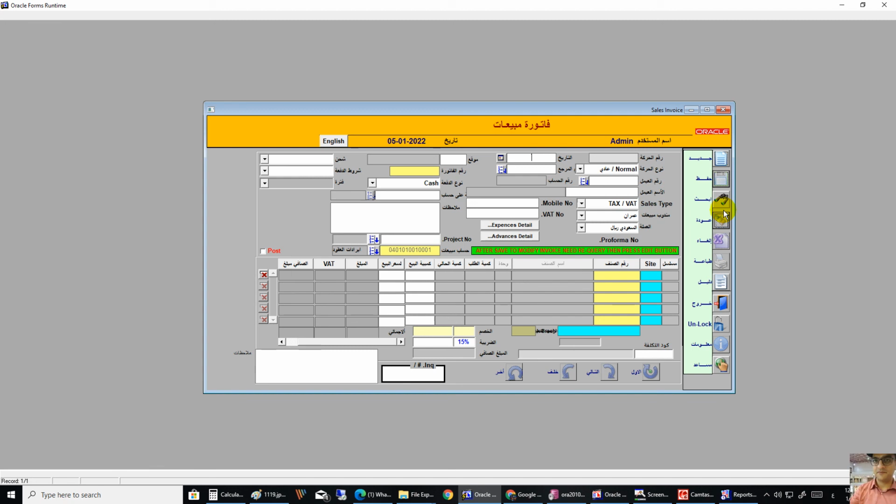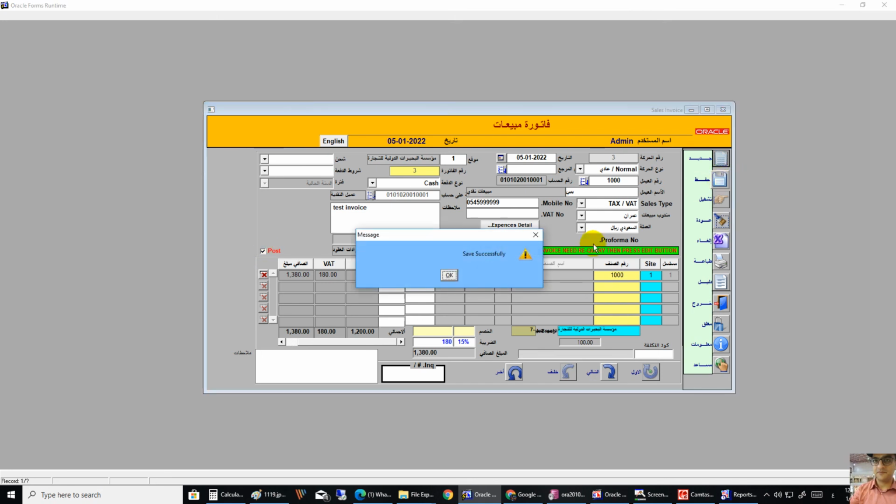For example, if you want to change anything, you just have to query it again. Press the unlock button. I can say that this is my test invoice. Whatever change, I can add more items, delete items, change the price, literally anything. And by pressing the save button many times, 10, 20, 100 times, you can perform changes and save this invoice. But once you click the post, and then the save button,